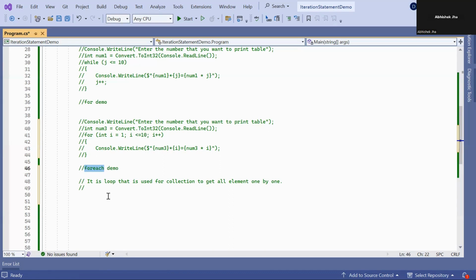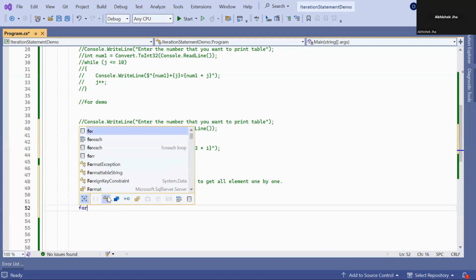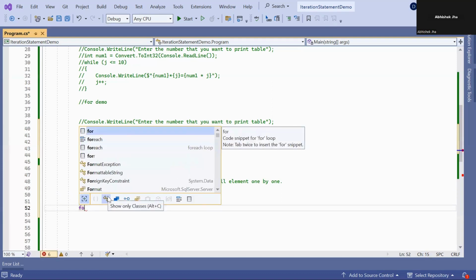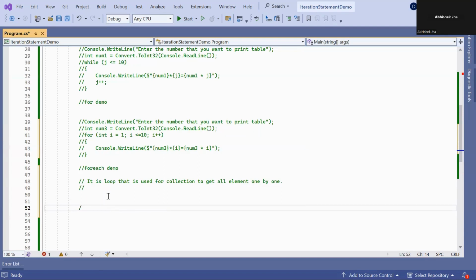So if you want to display all the elements from that collection into the UI, simply go for the for each loop instead of for. I will explain this in more detail when we explain array. For example, right now I am just providing a brief syntax of how we will use foreach. The syntax is very similar to for. Here we can declare i or int, anything.